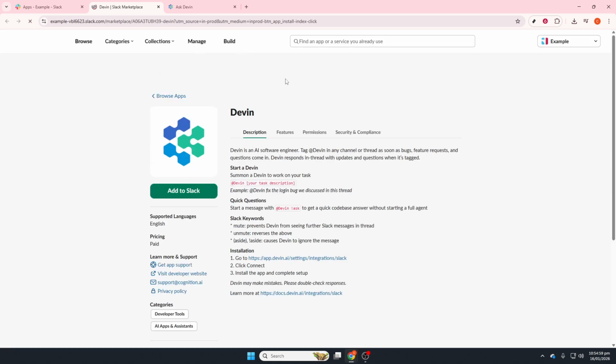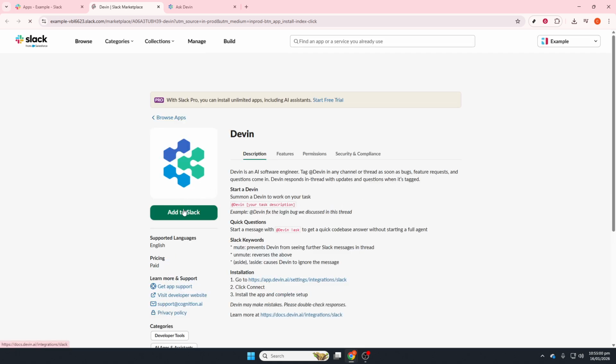Devin is designed to reply within threads to prevent channel clutter. Continue the conversation by replying in the same thread, and feel free to invoke Devin multiple times there without spinning up separate sessions. Finally, any session started in Slack is linked to your Devin web app. You can track progress in both places, actions in the web